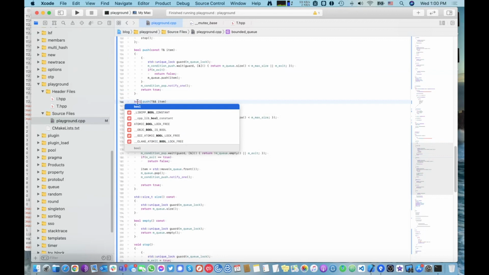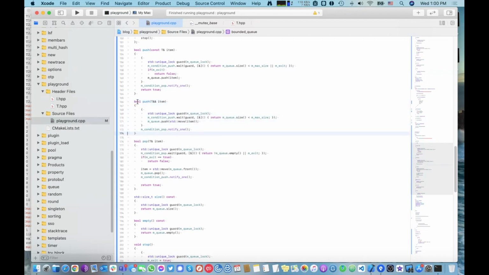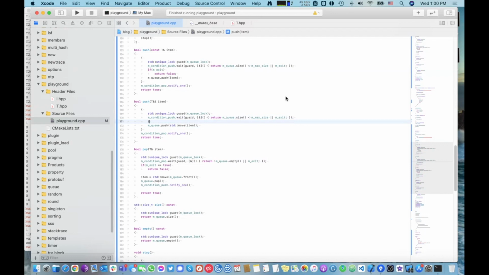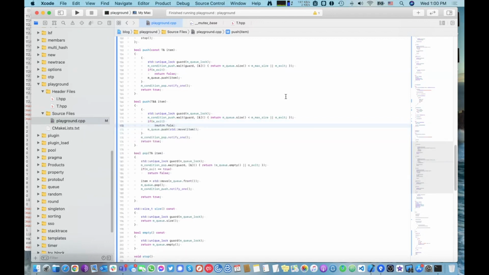Same here. Return true. And let's add this condition here as well. So or, right? So unblock, stop sleeping if we have room, or if we're exiting, if exit, return false. There, return false. So now, assuming it's built,